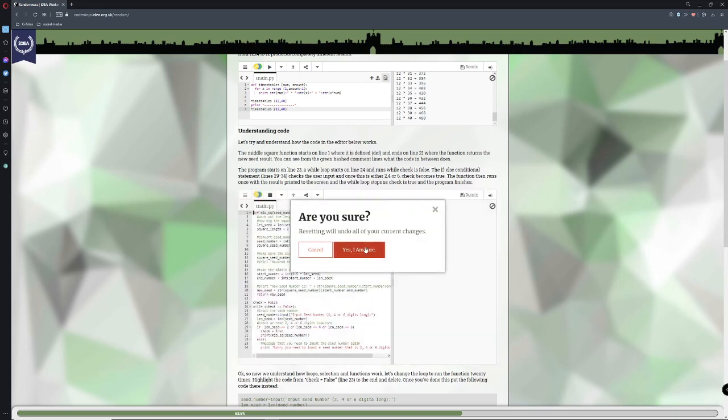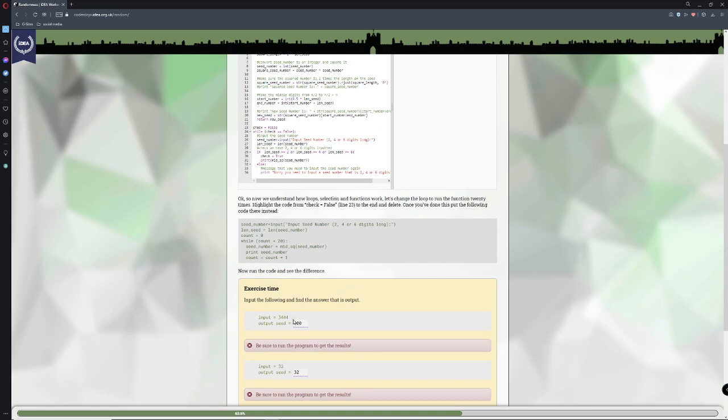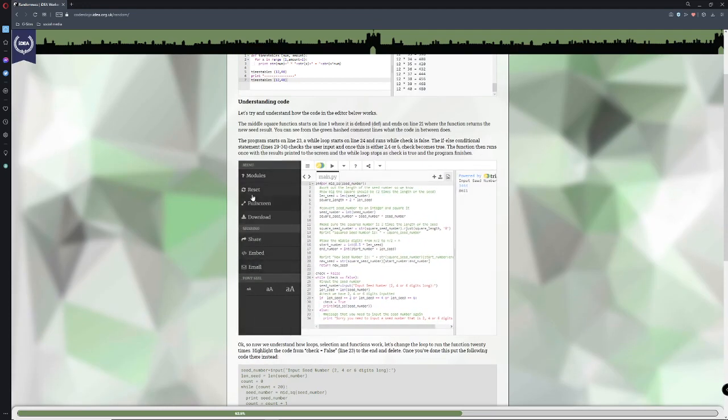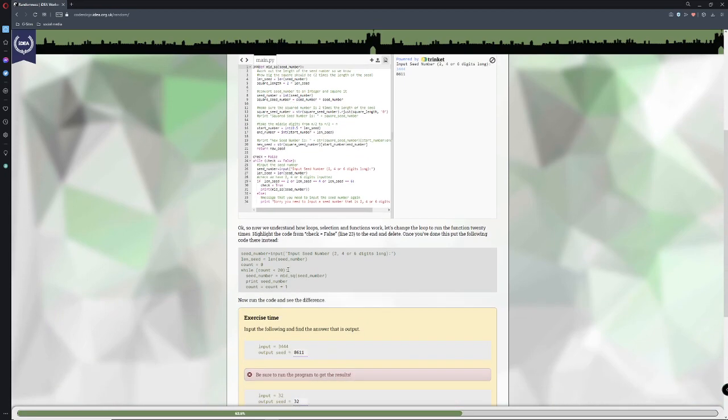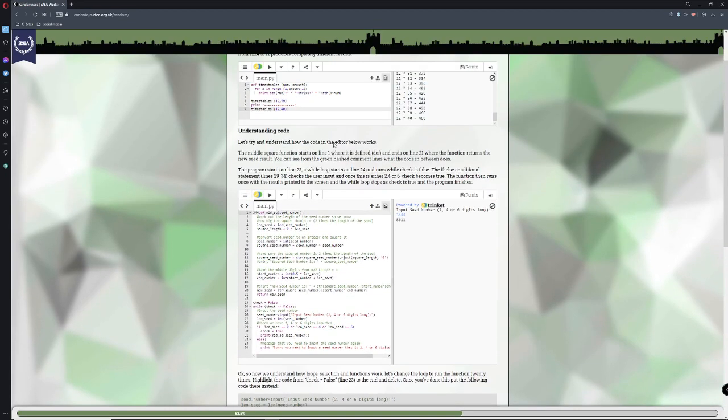Let's reset the code because I'm pretty sure there's something weird in it. Let's press play. Okay, let's do 344. Okay, 344. And there we go, that's it. 8611 is our code. That was just a representation. You have to reset it by going up to here and pressing the reset button. That was just demonstrating how this code here was different to that code.